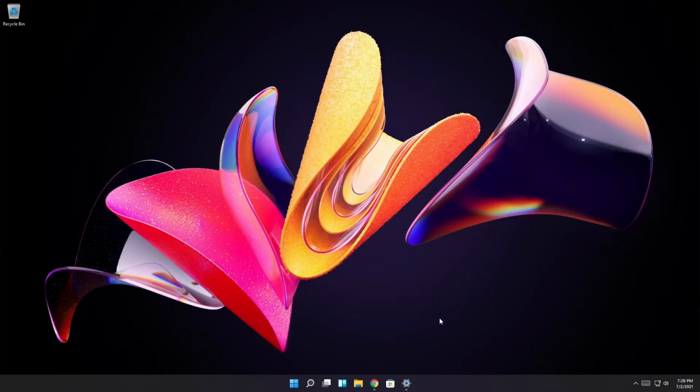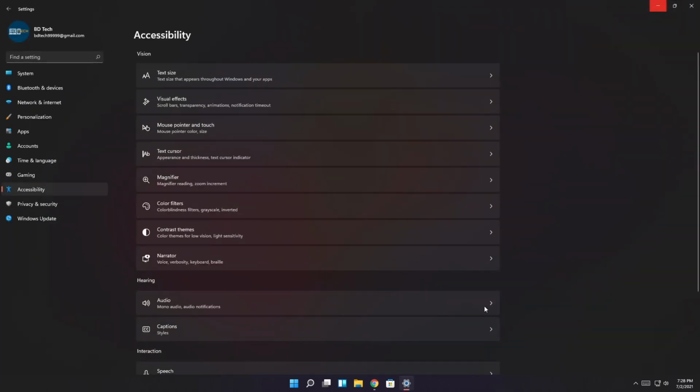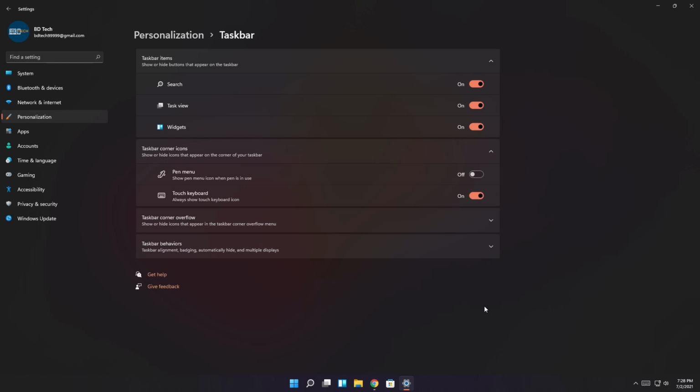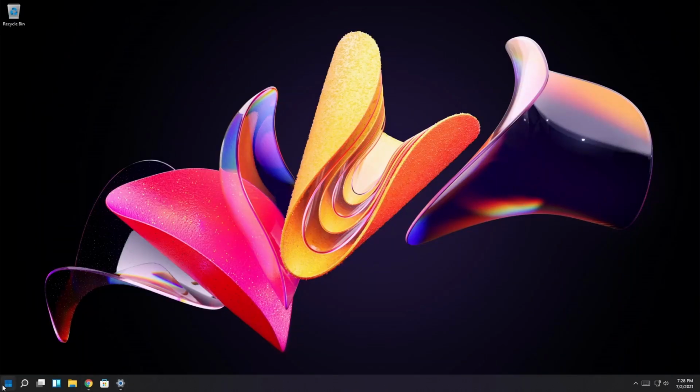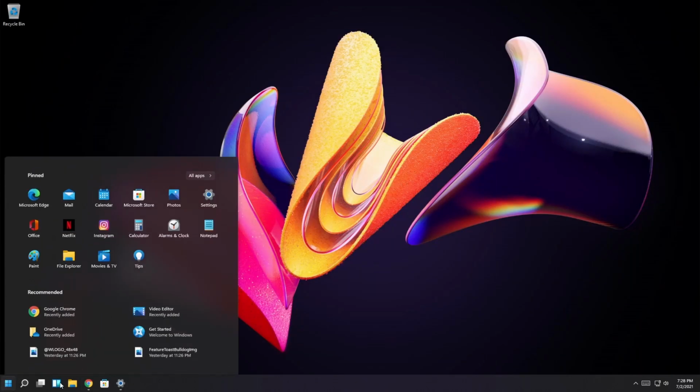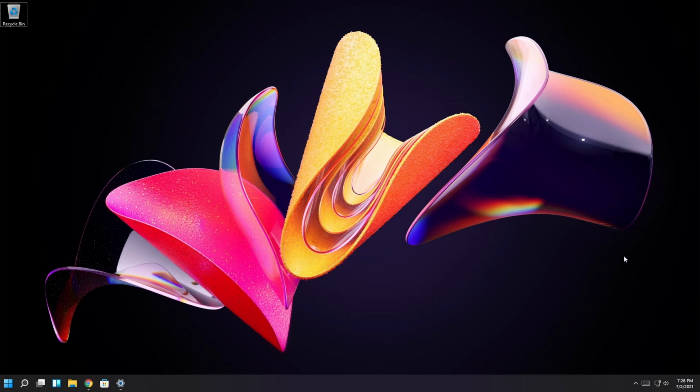Another thing, the taskbar is in the center now, and it looks very nice. This is one change that people may like or may not like, but I like it. And there's always the option to just do this, and now it looks like Windows 10. We got all the icons in the same old spot. And over here, we have